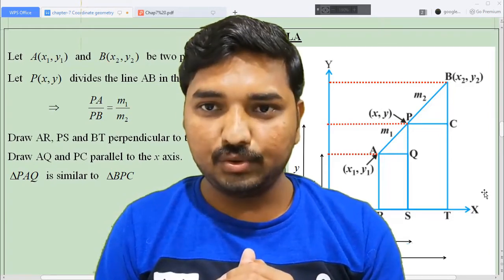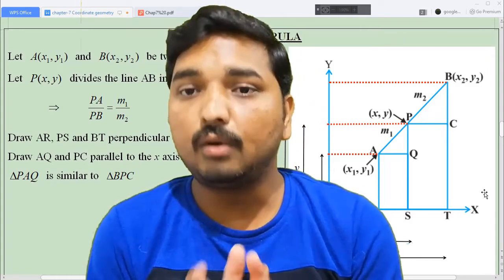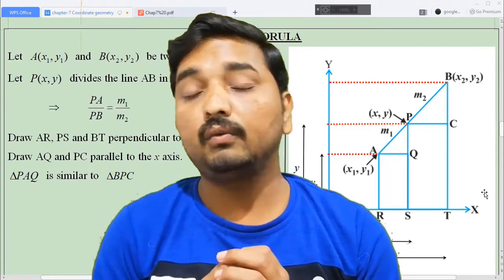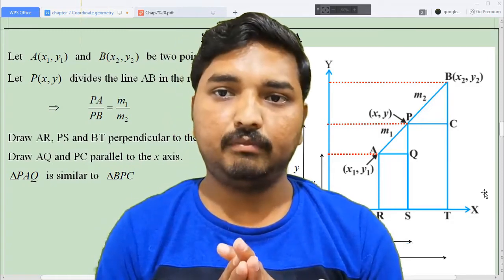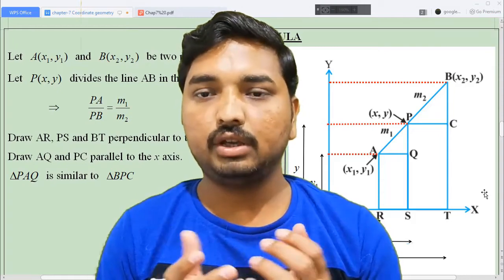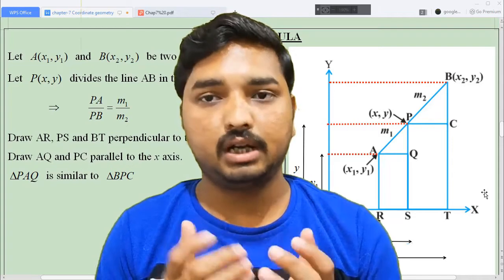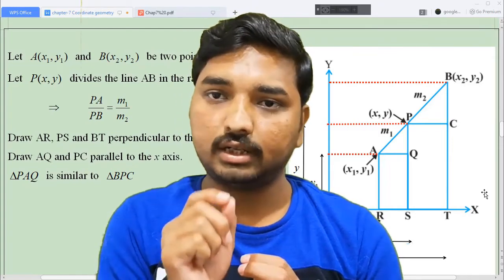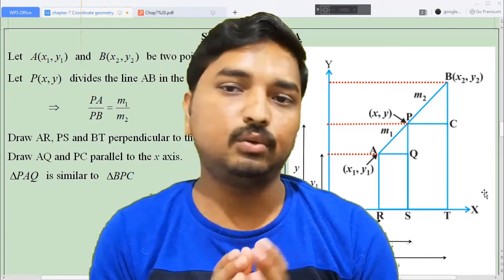So now I'm going to derive a formula to find the point which divides the given straight line in the given ratio. There is a line AB and the ratio is already given. You need to cut the straight line in the given ratio and identify at which point I have to cut this straight line. This is actually the main thing you have to understand.